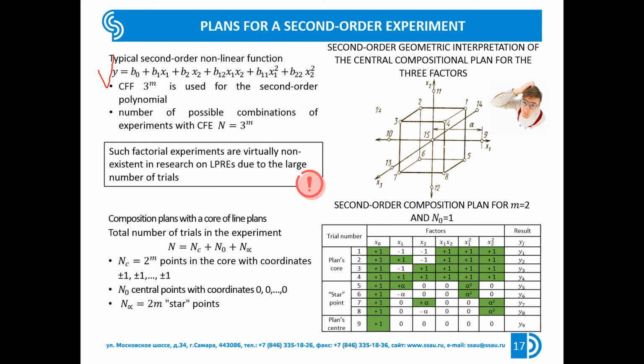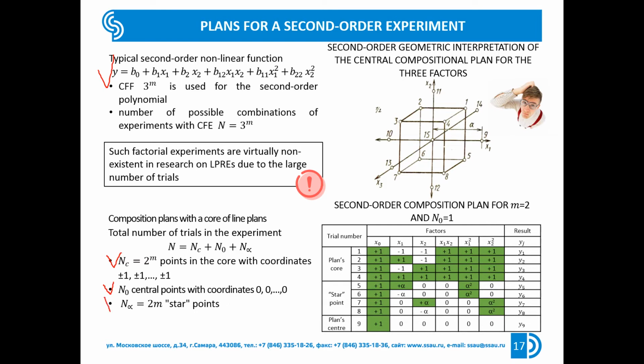The most widespread application in the study of the properties of nonlinear models are composite plans, with linear plans serving as a core. Depending on which points are added to this first-order plan, composite plans with different properties are obtained. Symmetric second-order central composite plans are constructed by adding to the original two-level linear plan core containing Ns equals 2 to the power of m points with these coordinates, and n0 central points with coordinates,